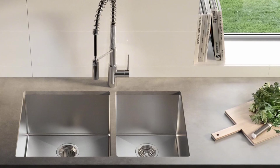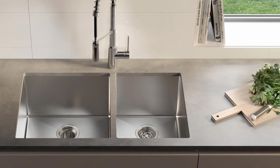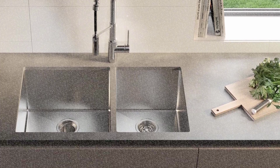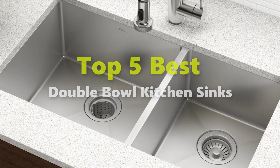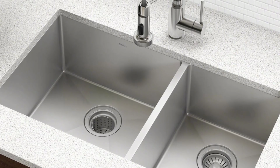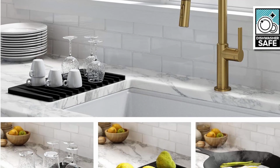Looking for one of those double bowl sinks? Did you do away with the old one or are you redecorating your home, perhaps? In this video I am going to give you an impartial review, covering 5 of the best double bowl kitchen sinks in the market, and which are the best for you. Through extensive research and testing, I've put together a list of options that will meet the needs of different types